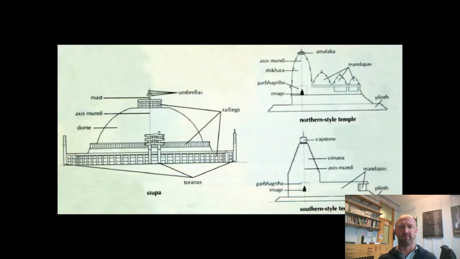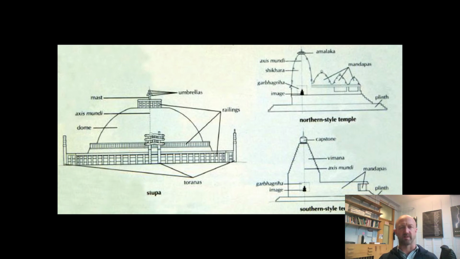I'm going to move forward here for a second to show you the structure of this whole thing, and to talk about these different terms that are associated with it. The dome form, which most of these, by the way, are not open in the interior. Later on, as you see off to the right, when these become temple structures, they do actually have an open area on the interior with an image or a sculpture of Buddha in there to be worshipped. But most of these are closed forms.